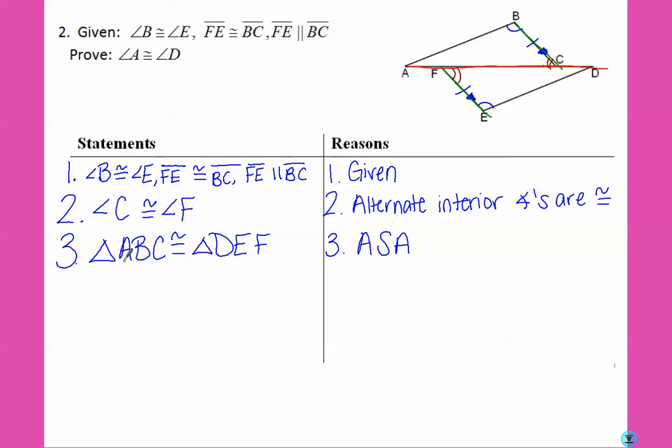Remember to always make sure that the pattern of your letters follows along with the letters that have the same markings. And then finally, since A is first and D is first, we know that angle A is congruent to angle D